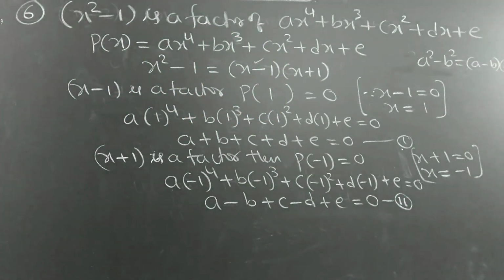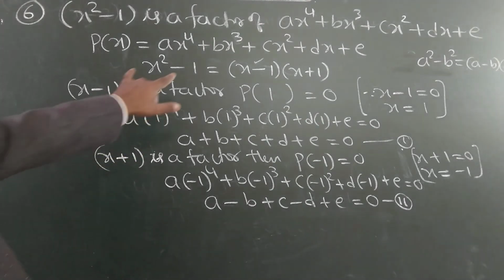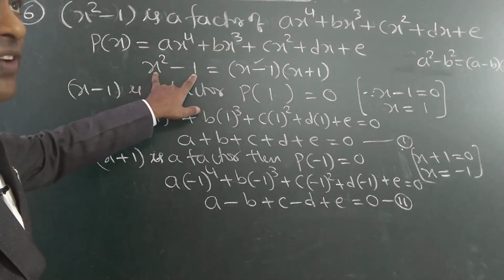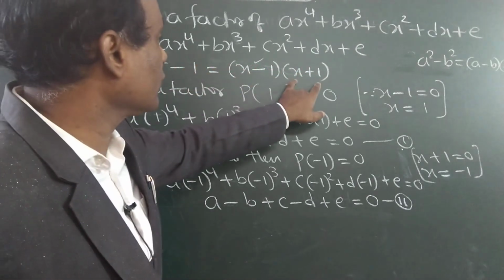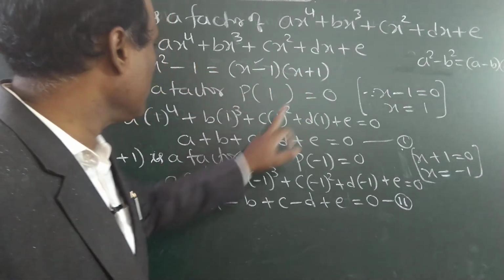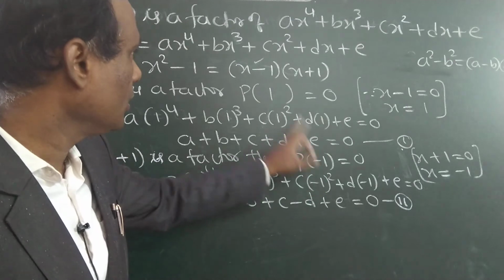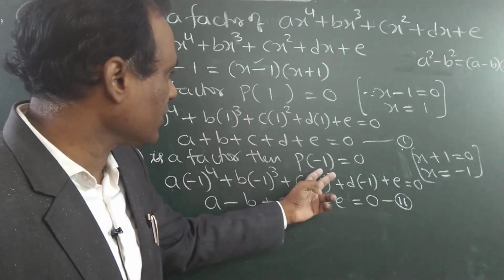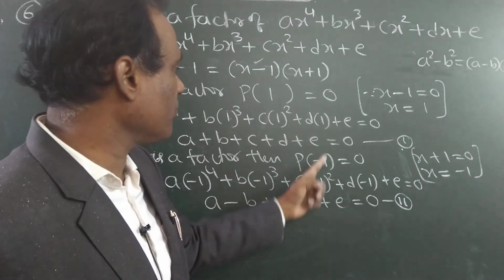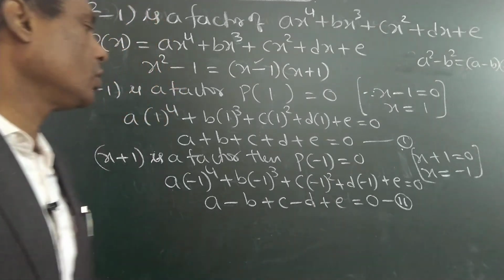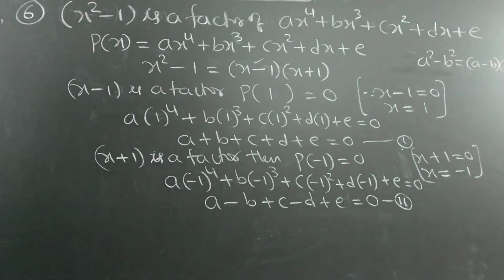This is one important model. So remember these two equations, how I calculated. First, x square minus 1 is not one factor, so it will have two factors. P of 1, P of minus 1. P of 1 is equal to 0, P of minus 1 is equal to 0. We got two equations. Write down these two equations.